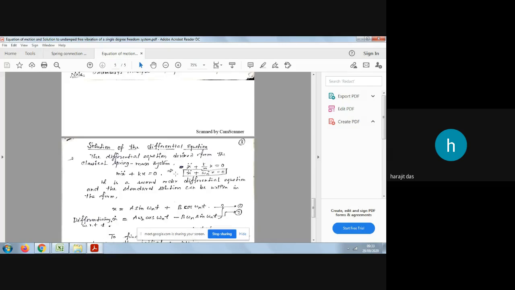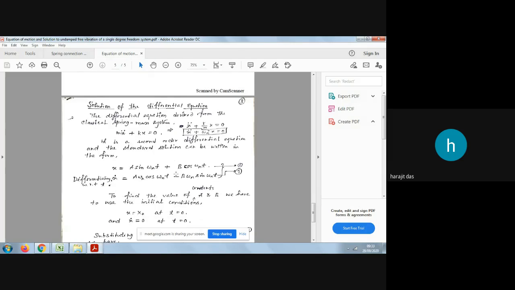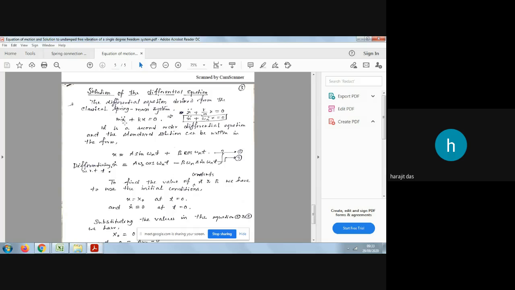Okay, so how to solve this differential equation, the equation of motion of the undamped free vibration of a single degree of freedom system? The final equation was this one, m x double dot plus k x equals 0. You can rewrite this equation by using omega n square, which is needed. So x double dot plus omega n square times x equals 0,